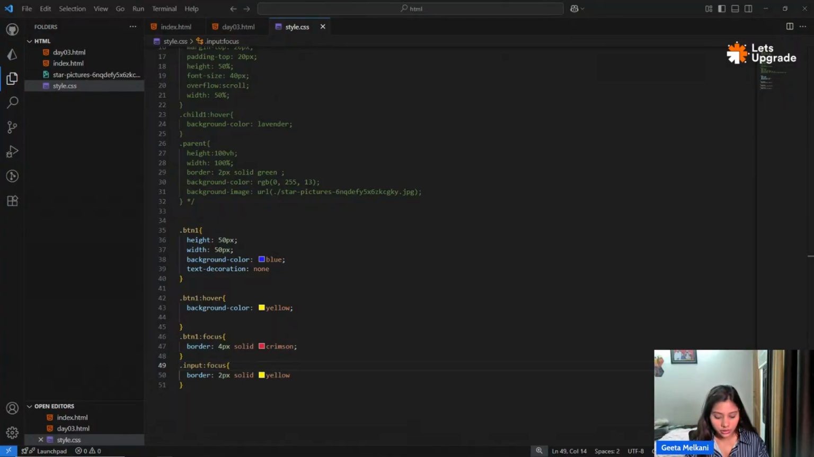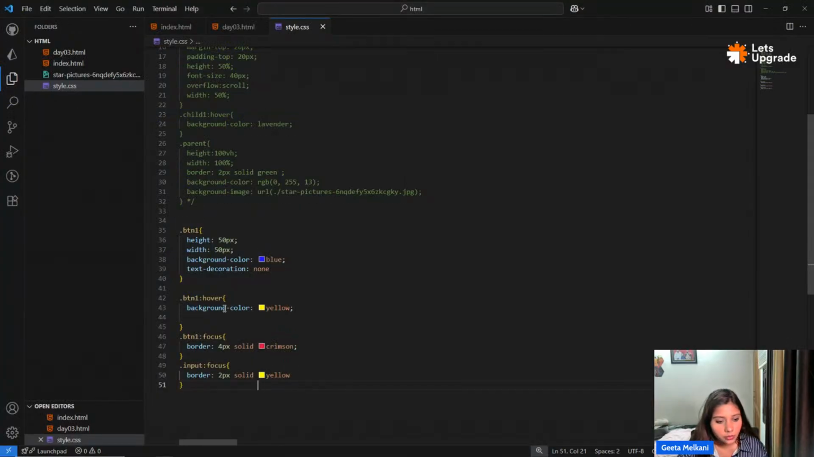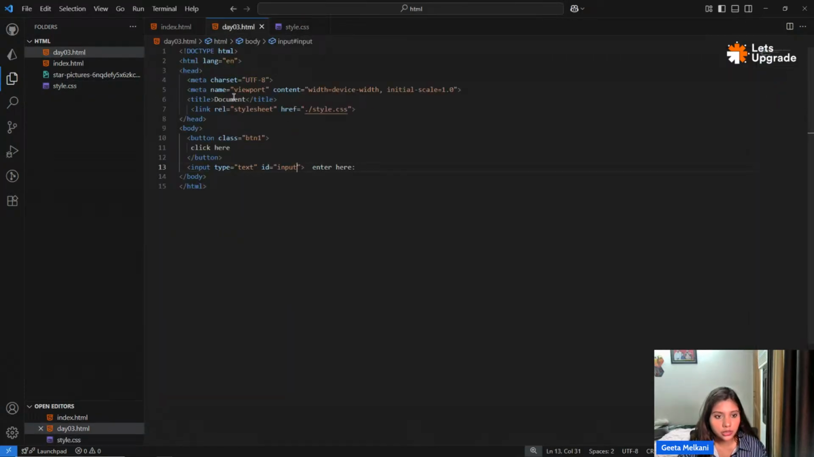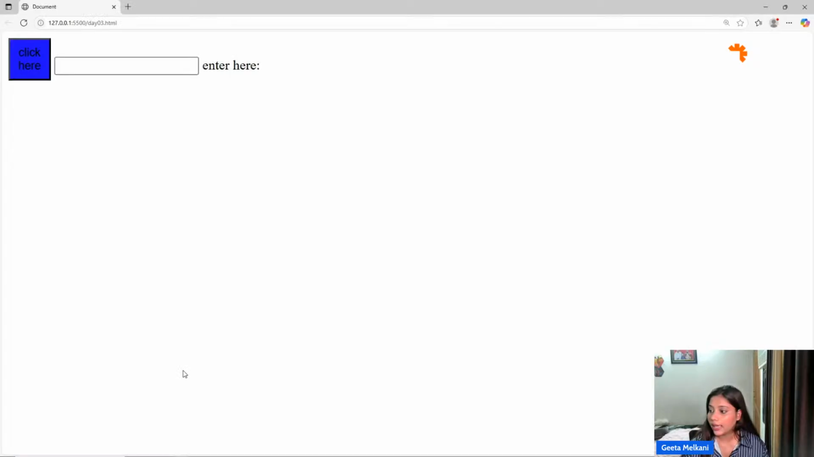Okay, so in the input we are saying focus, and on focus the border should be 2 pixels solid yellow. And if we go to the page, we focus on the button, it should be yellow ideally. Are we doing something wrong? Dot input focus. Okay, it's okay guys, it's not a class, it's an ID. I provided an ID, so hash input, and then when I focus on this, it should,